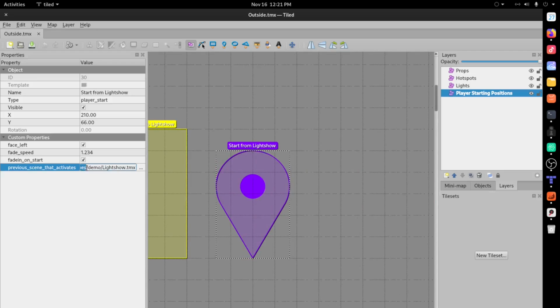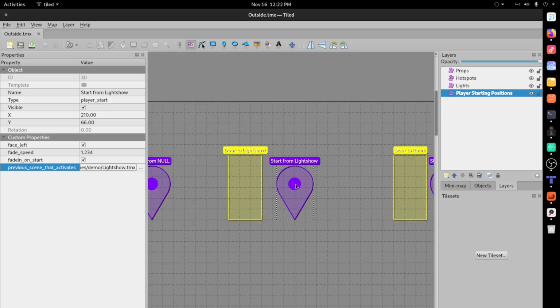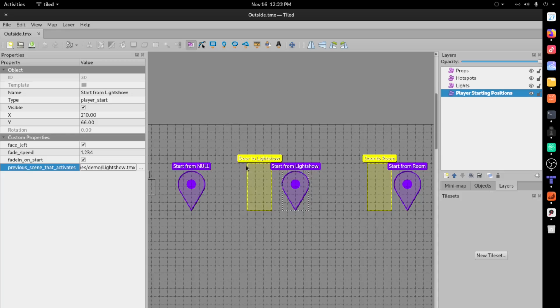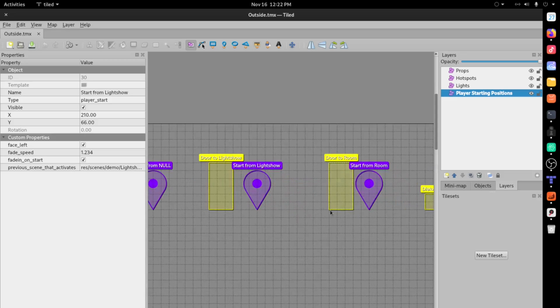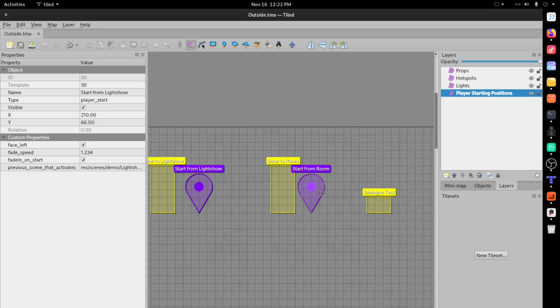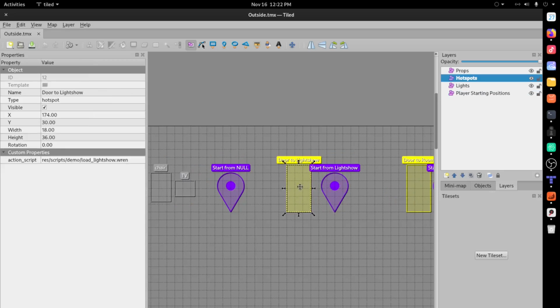And you can see here, res/scenes/demo/lightshow.tmx. So this is the spawn point that the game will use if you come from the scene, which allows you to do what I've done here, which is I have a door, and if you come back from that scene, you'll spawn in front of the door instead of back at wherever you originally entered the scene. So this allows you to have doors that you can open and leave from, or maybe you can do some wacky things. Who knows? Now, hotspots, the X, Y, width, and height are all used, as you saw,